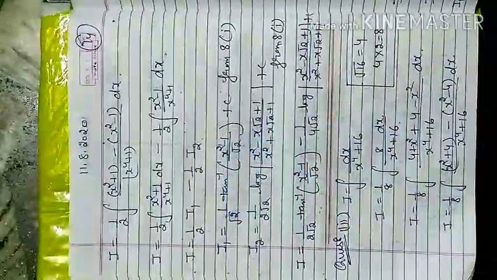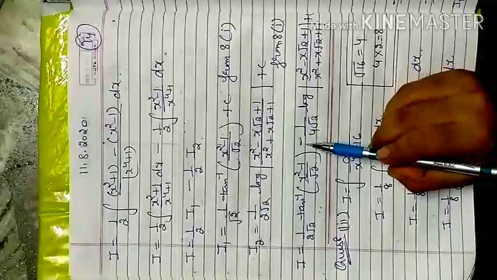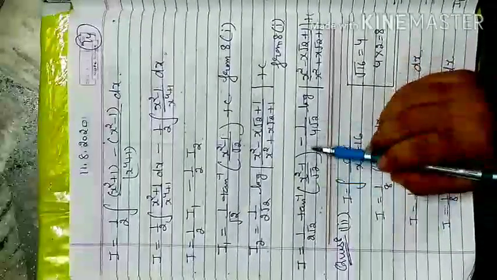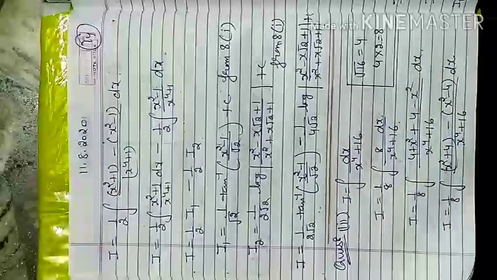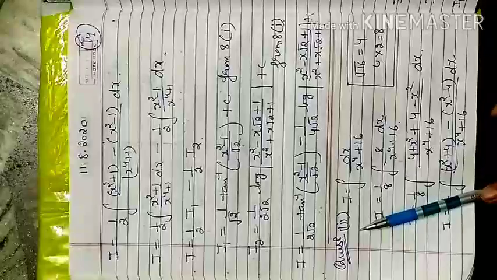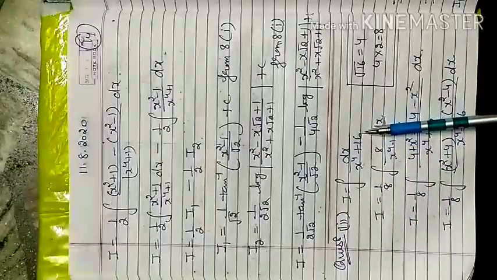So I merge up the value here in place of this. The answer is the same, only the difference is positive and negative, because if you check the answer of 8th question, first part and second part, the answer is the same, only in the second part there is a negative sign, and in the first part there is a positive sign. Now here 8th question, third part is there. Now if nothing is in the numerator, x raised to power 4 plus 16 is there.